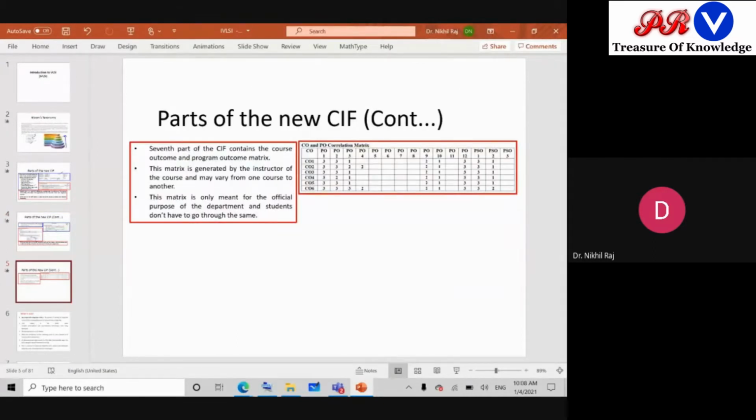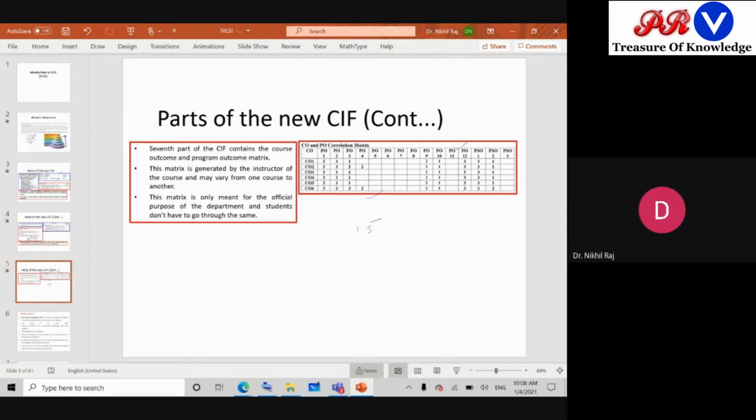Lastly, the seventh part is a table you will see at the end of your CIF. This table is the mapping of the course outcomes. Six course outcomes were mapped with Bloom's level. Then there are 15 program levels, PO1 to PO12, where PO stands for program outcome, and then PSOs, program specific outcomes.